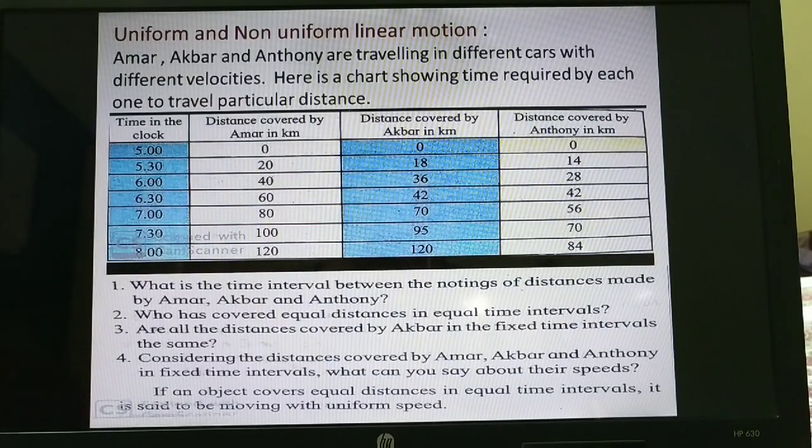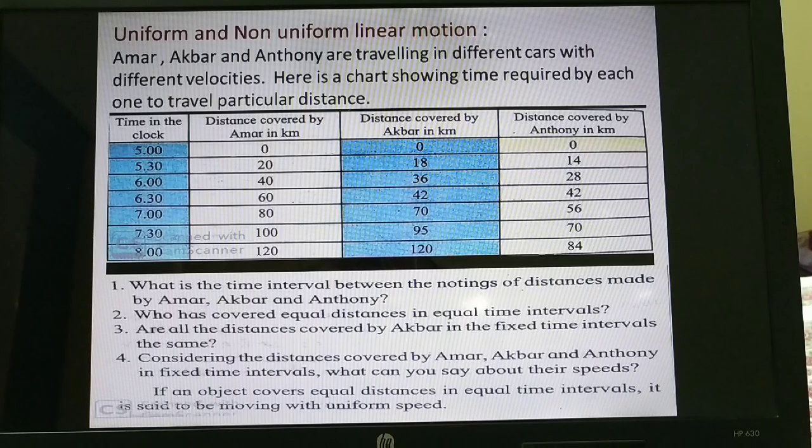Hello dear children. Last time you studied speed, distance, velocity, and displacement, and you must have learned the definitions of all those. Today we are going to learn about uniform and non-uniform linear motion. You must have studied uniform and non-uniform linear motion in standard 6. Now we have to study it in a little more detail, taking into consideration distance and time. So first, let us understand what uniform motion is with an example.